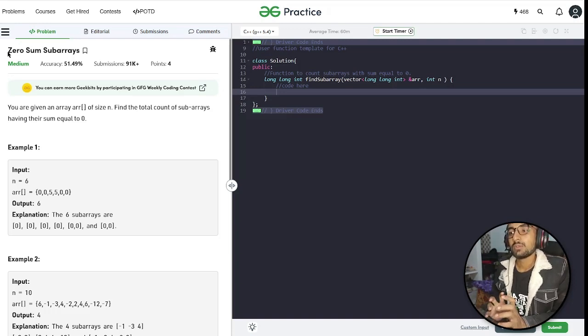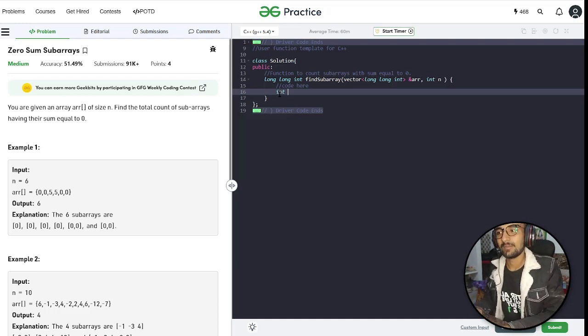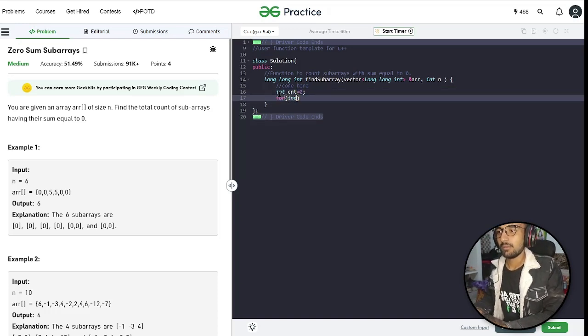Okay, so after reading the statement, one thing that comes in my brain is just explore all the subarrays, and whenever you get the sum as zero, store those in a counter or something, so that you return that counter as the answer. That is the one thing that firstly came in my brain. Let's try to solve in this way. So for that we need a counter. Counter should be zero first, and then